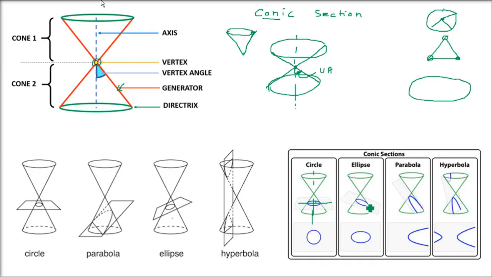Not fully, not cutting. If you extend it, it should not cut the upper cone also. So we took this plane, when we formed the ellipse, we just tilted it. So let us say that the angle it is making is beta. So alpha and beta, there has to be some relationship. So alpha will be equal to beta, alpha will be greater than beta, alpha will be less than beta. So these angles will form different shapes.